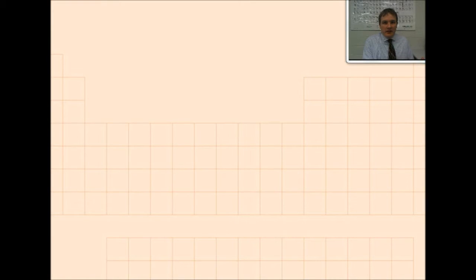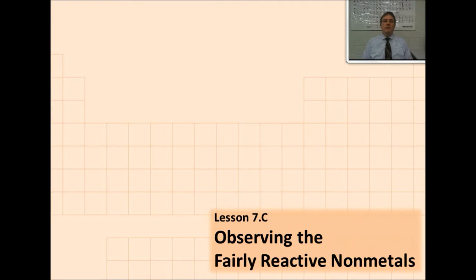In the last couple of lab activities, we looked into the properties of the reactive metals and the transition metals. In this lab activity, we're going to go beyond the metals section of the periodic table, across the metalloids line, and take a look at some of the properties of nonmetals, specifically the fairly reactive nonmetals. In this lesson, we're going to be observing the element sulfur and how it behaves characteristically of the fairly reactive